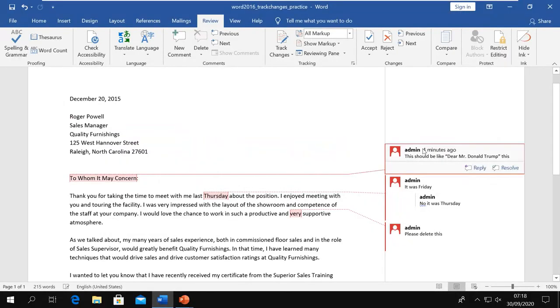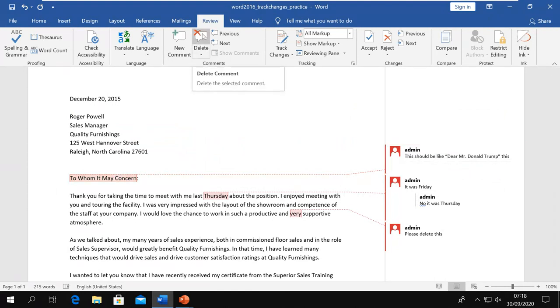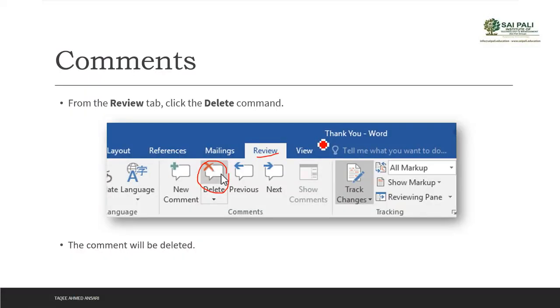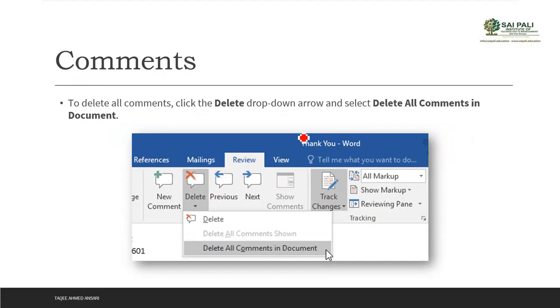So I select the comment, go here in the Review tab, click on Delete, and it is now deleted. Or if you want to delete all comments, you can click on this drop down menu, and here you will find the option to delete all the comments in the document.